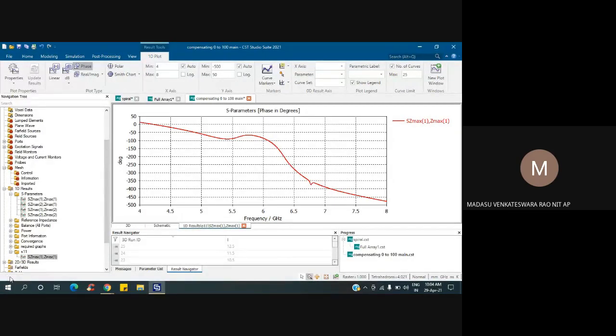Okay. Is there anything else you want to discuss? Nothing, sir. That's fine, sir. Actually, I will simulate more structures, and especially I will design my own horn antenna. Then I will simulate it. Definitely. Okay, sir. Thank you so much, sir. And take care, sir.